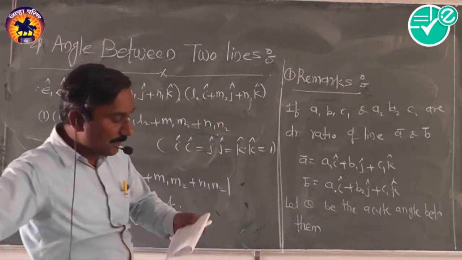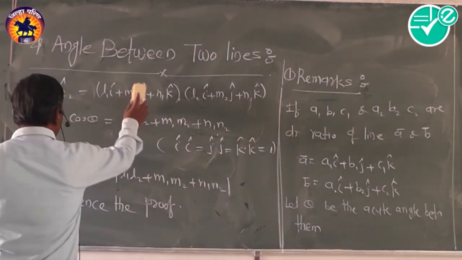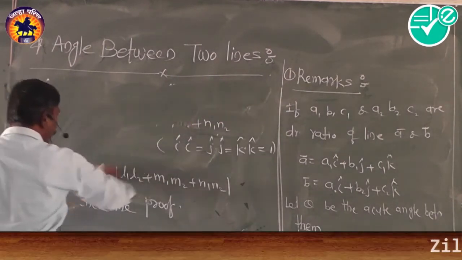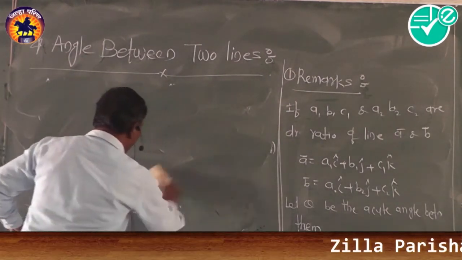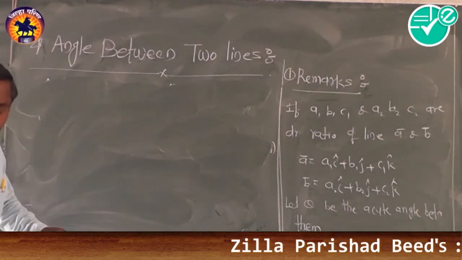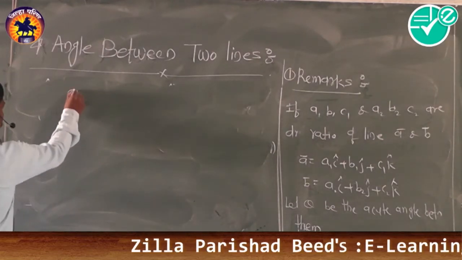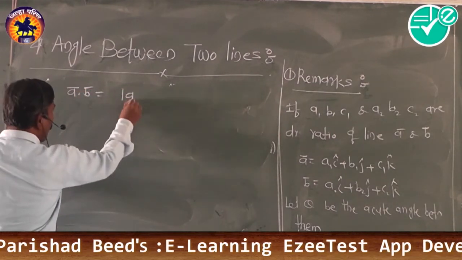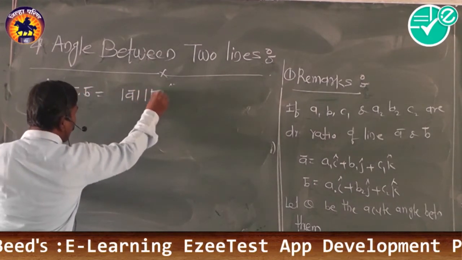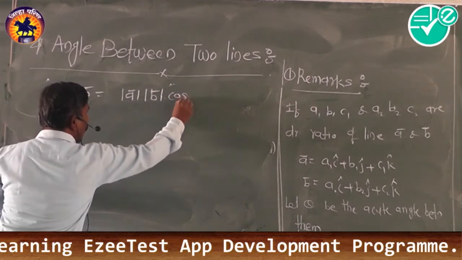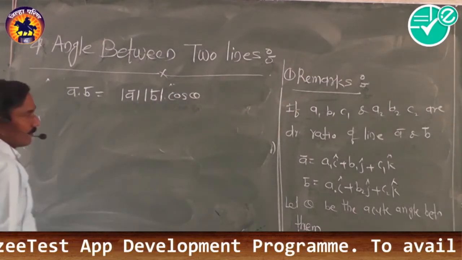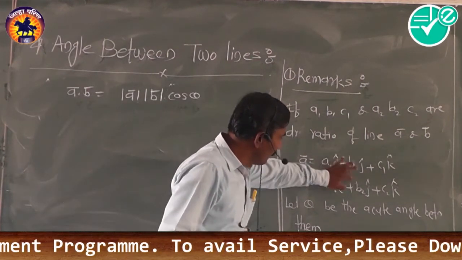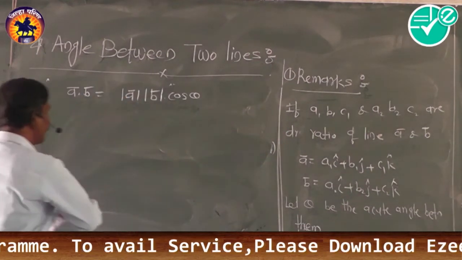Acute angle between them. Therefore, we have the angle of two vectors by the dot product: A bar dot B bar is equal to mod A bar, mod B bar into cos theta. Now A bar dot B bar, with i cap, j cap, k cap components,